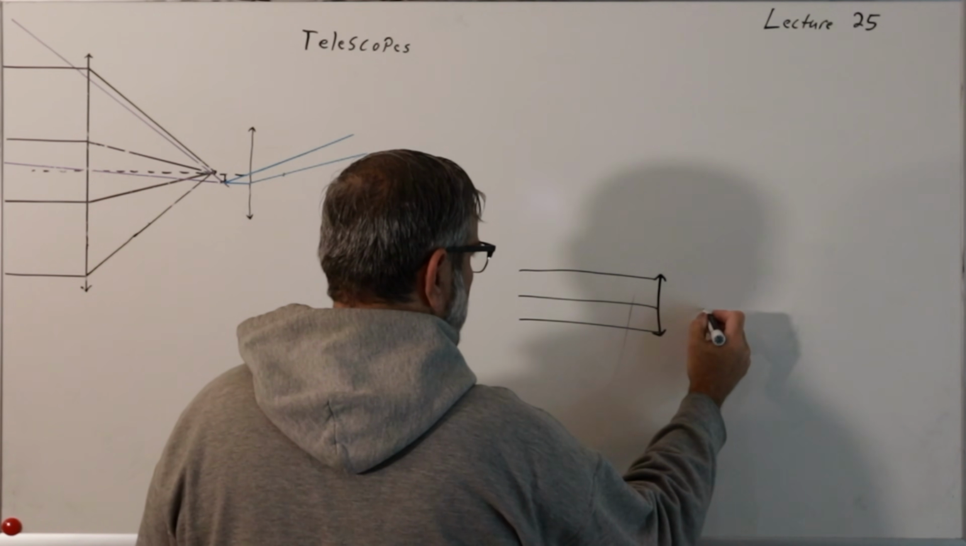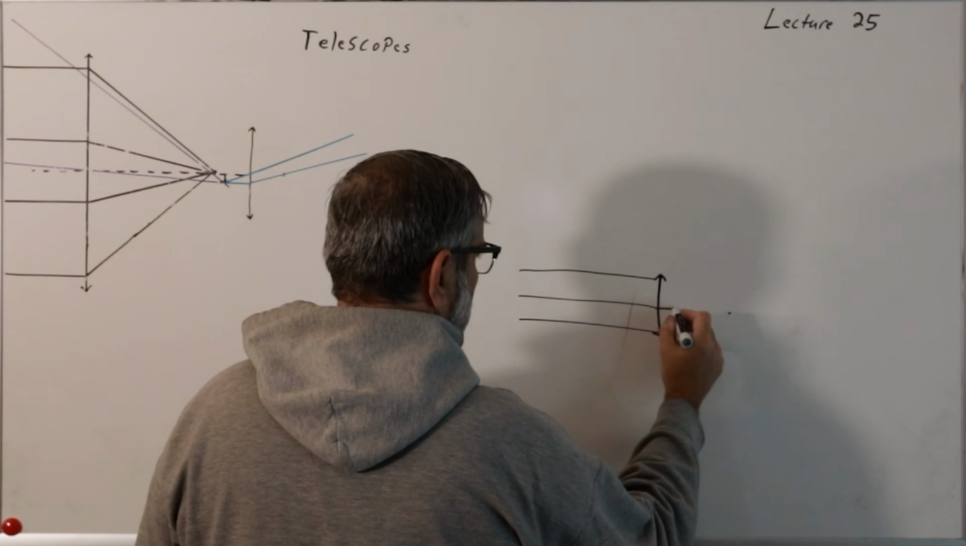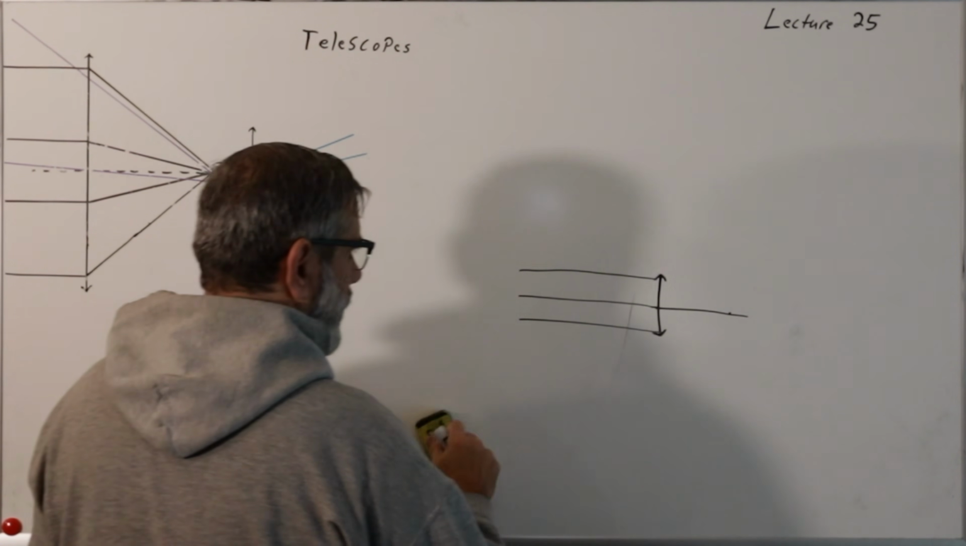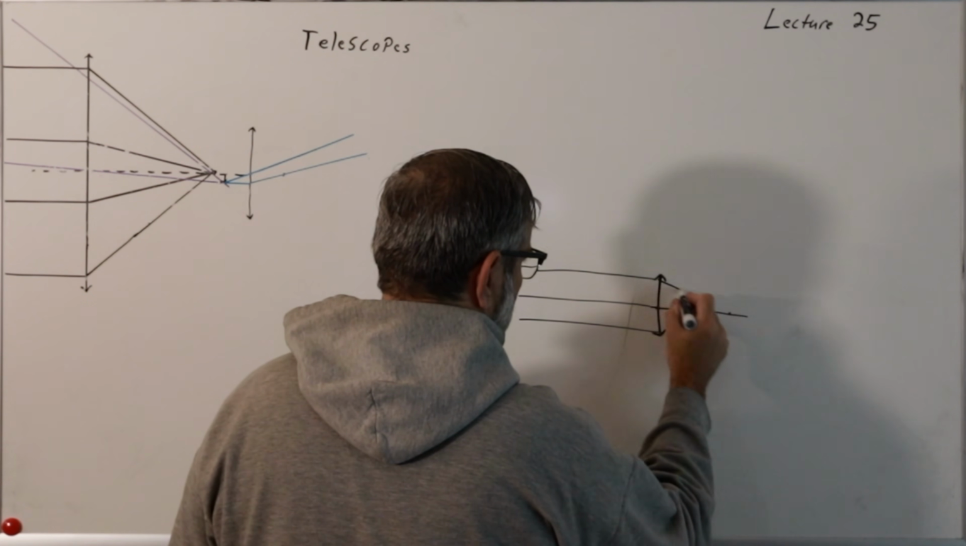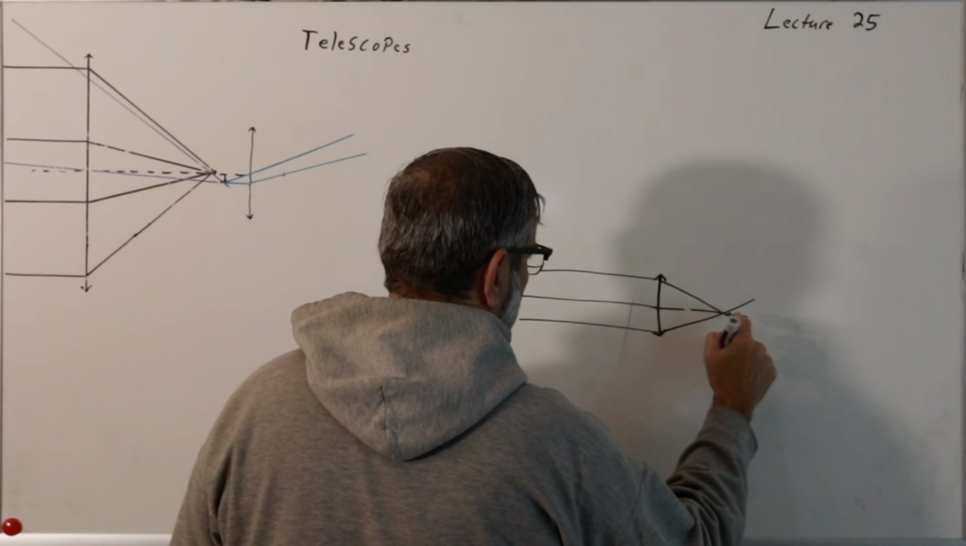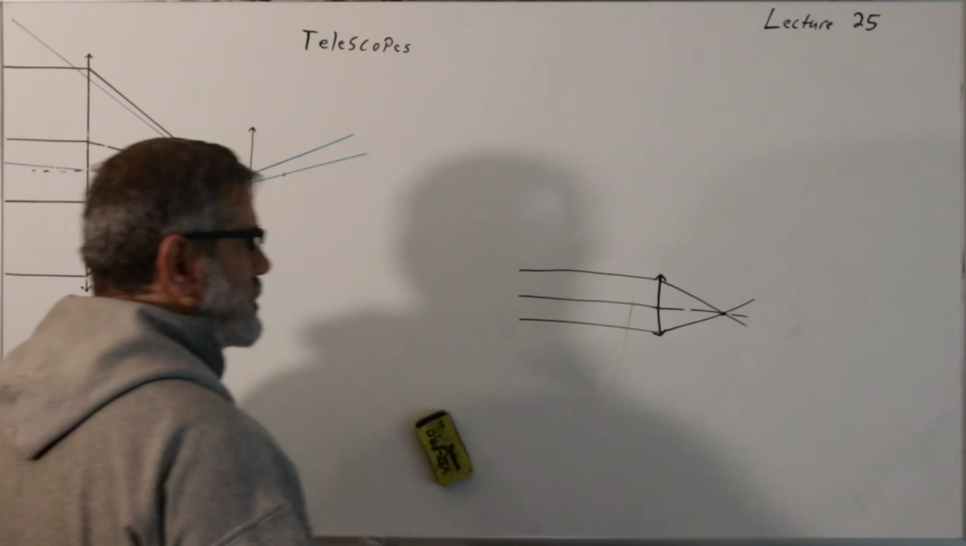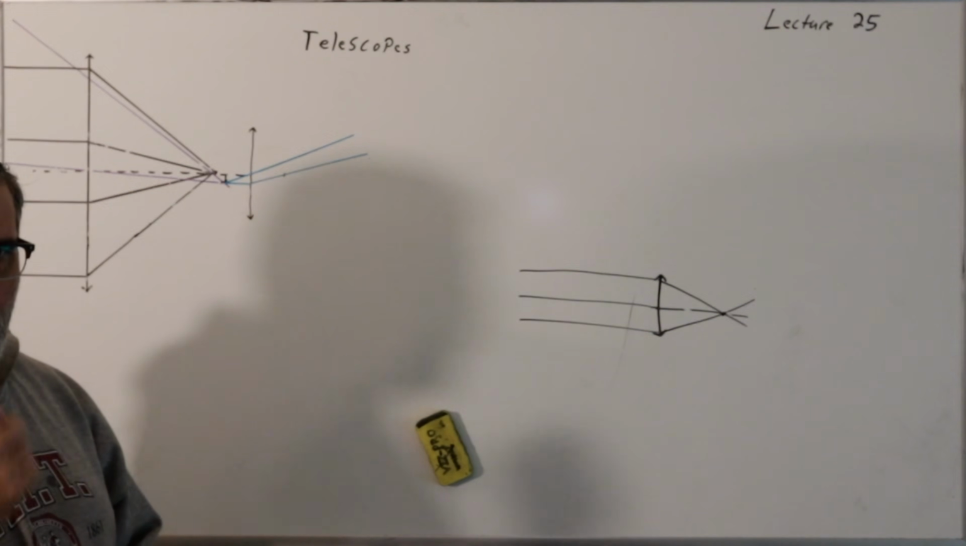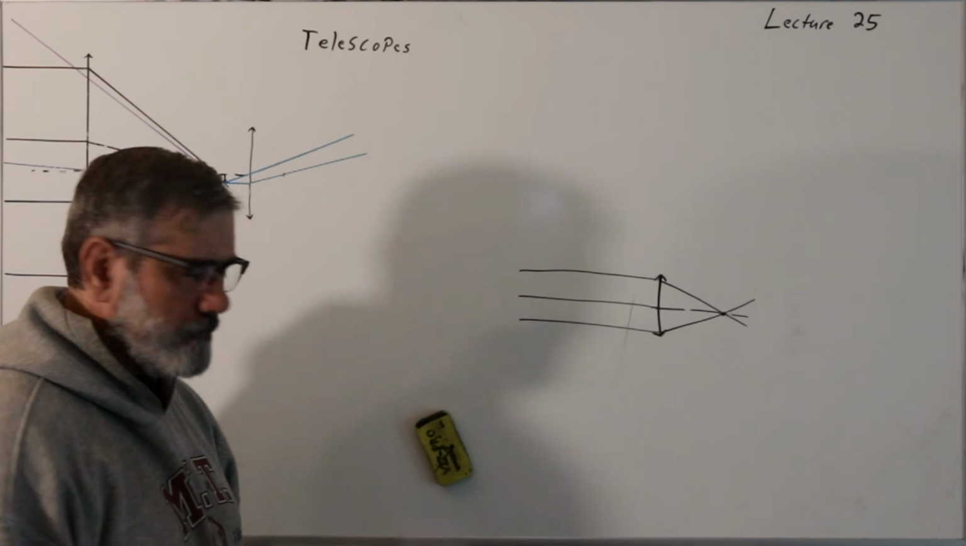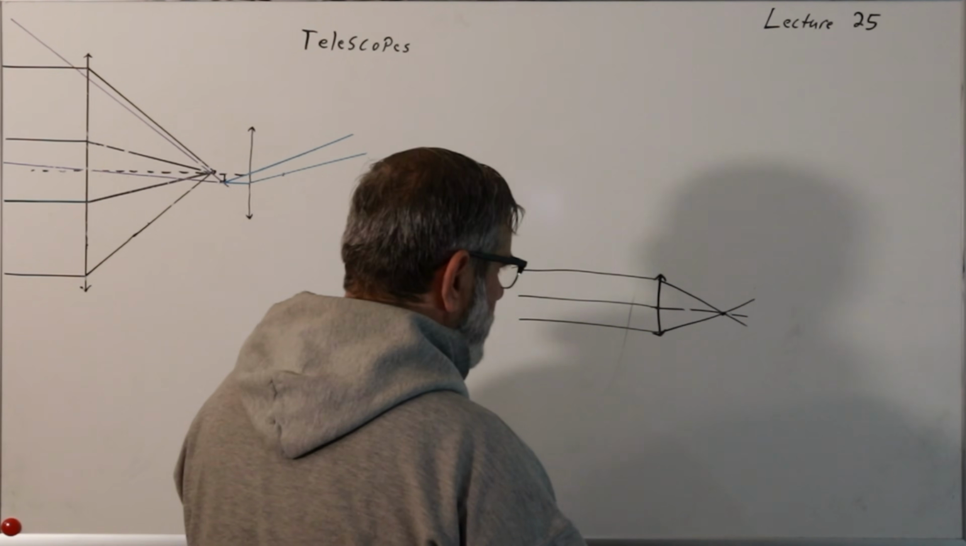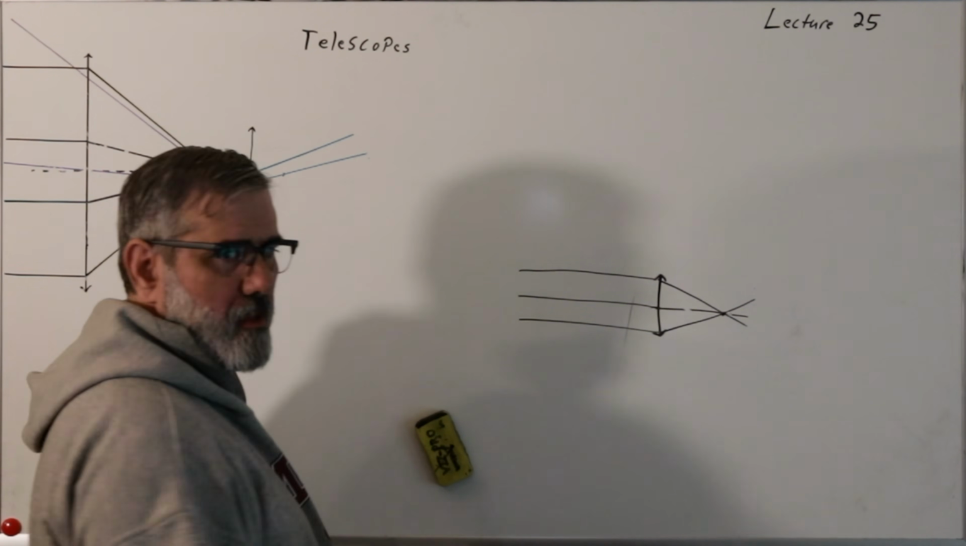Here's the one going through the center. I'll say that the focus is here. It passes straight through because that's going through the center of the lens. And all of these other rays will pass through the focus. So if they're all passing through the focus, if we wanted to magnify that, because we know they're not